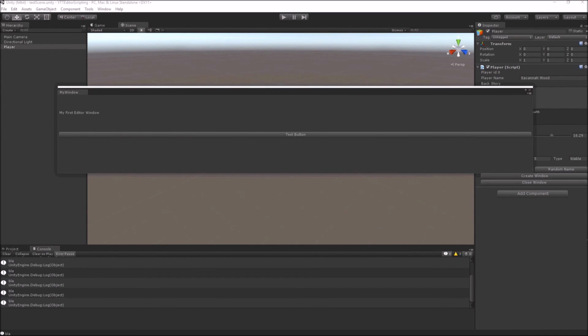So this was just an introduction of how you can create editor windows, how you can add GUI stuff to your editor windows, add labels and buttons. I also told you about how you can create editor windows either by using a menu button or using buttons inside your custom inspectors. I also talked about how you can close your editor windows. In the next video, I will talk about how you can create an actual functional editor window, which will be a bug reporter tool.